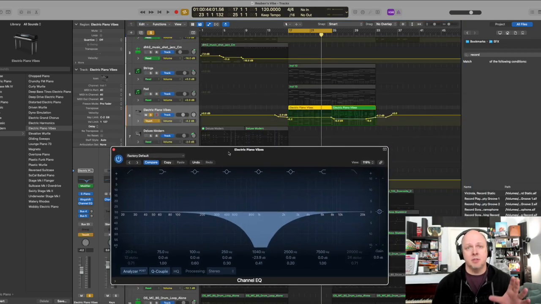Now there's going to be some latency, because whenever I record video and audio from the DAW, it always has a latency, so it's going to be a little bit off, but